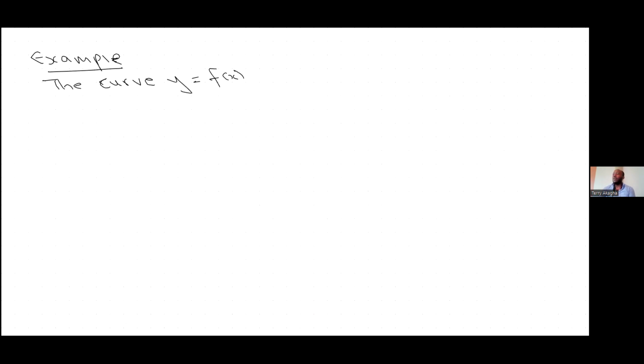The curve y, which is equal to f of x, passes through the point half and minus 1. Okay? So we're now told that given that